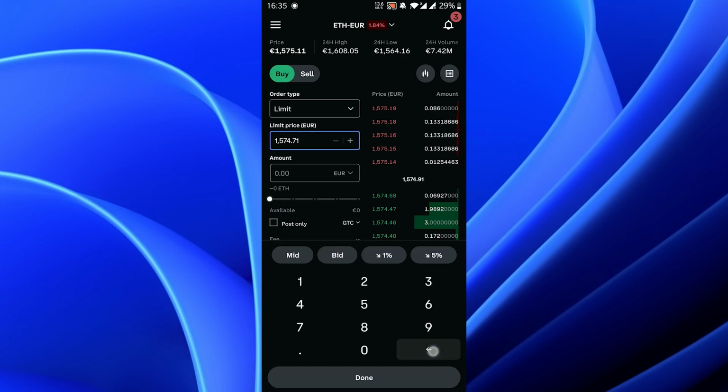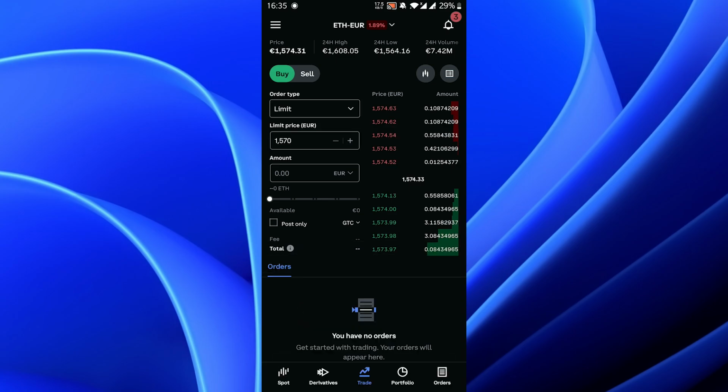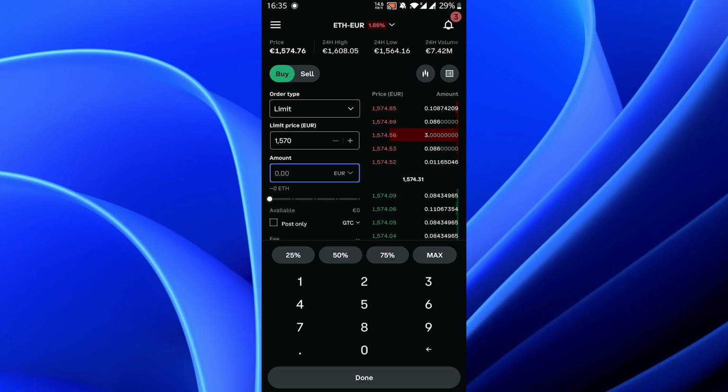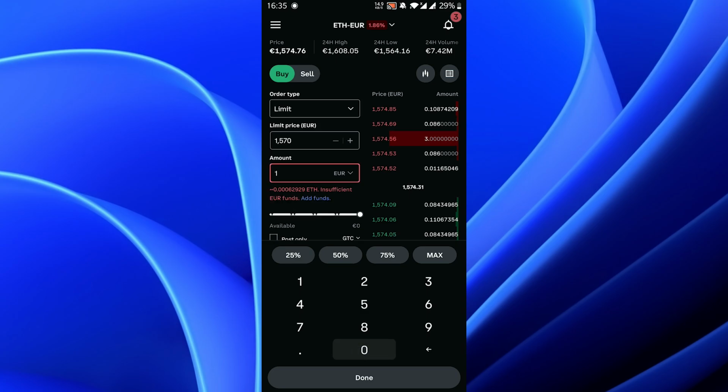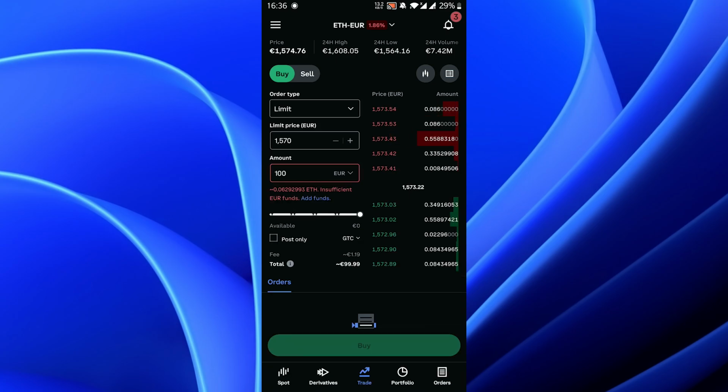Let's say I want to buy Ethereum at 1,570 euros. I'll type 1,570 and I'll click on done. Next thing is how much money you want to put in. So in amount here, click here. Let's say I want to put in 100 euros. I'll click here. I'll type 100. I'll click done. And it will tell you that you'll get